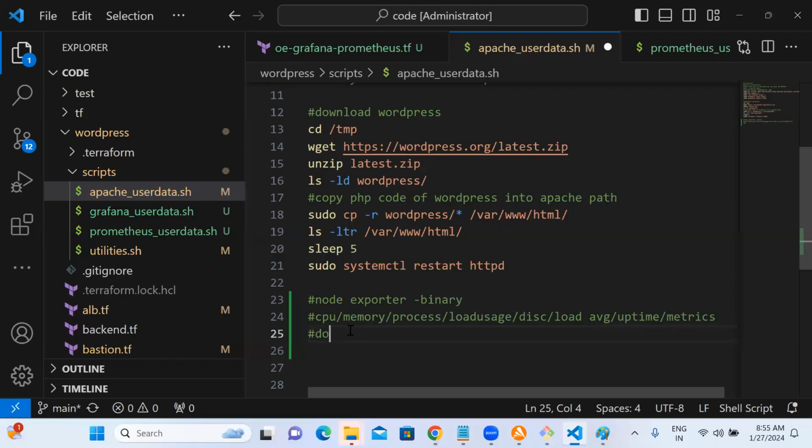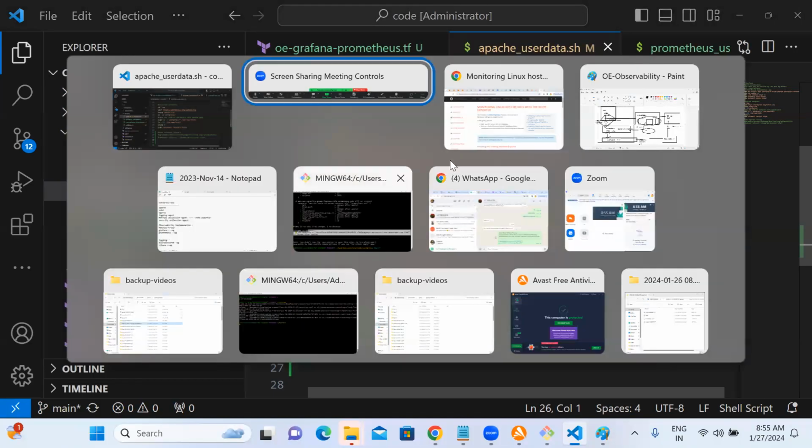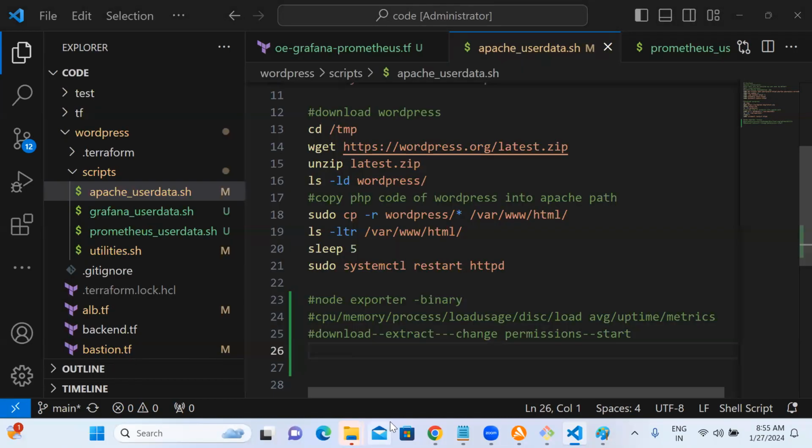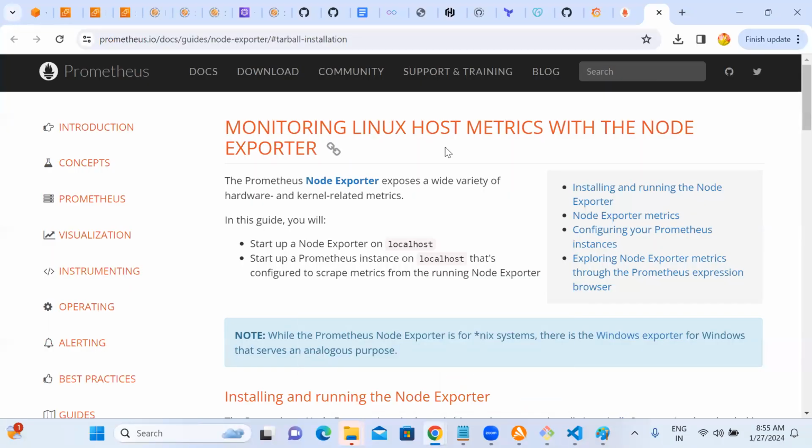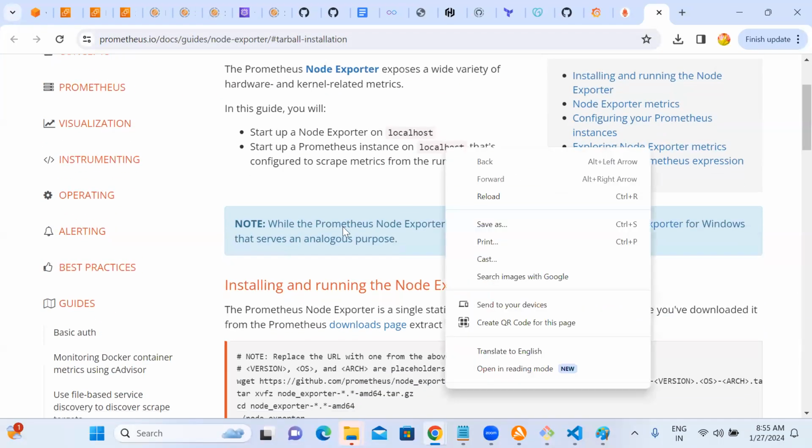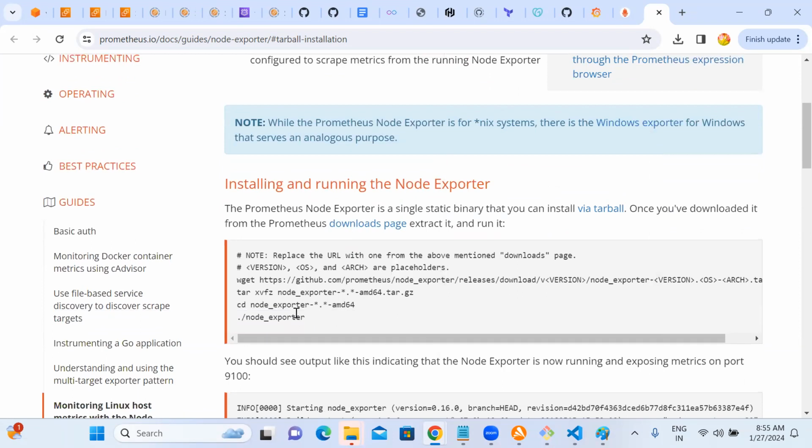So download, extract, change permissions if needed. Go back. So this is the page. Duplicate. Yeah, this is the command.